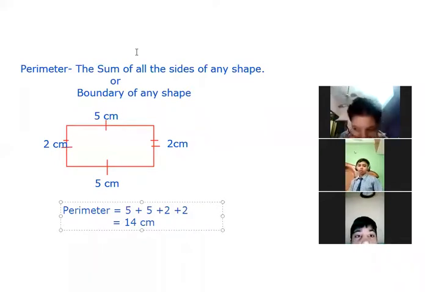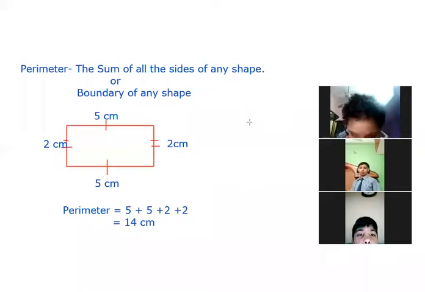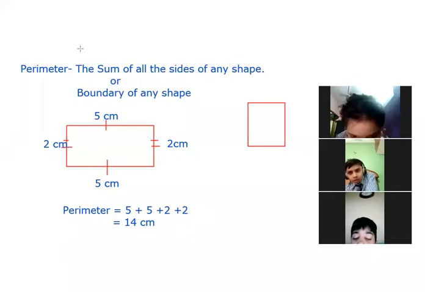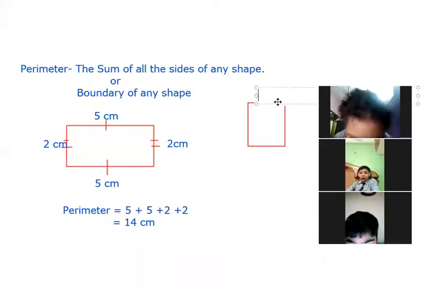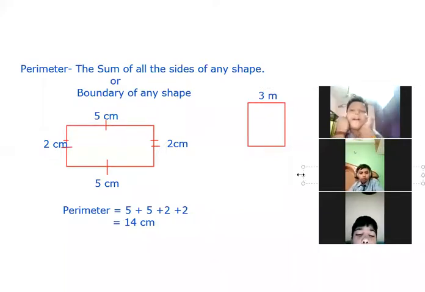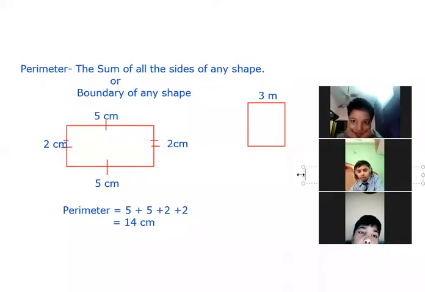And suppose here, ma'am is going to take one more example. Okay. And this time ma'am is going to take this shape. So can you tell me which shape is this? Ma'am, square. Square. Okay. And here it is given that one side is 3 meter. If it is a square, so it is understood that all the sides of this square will be